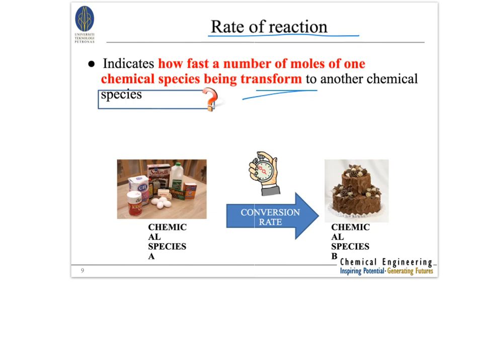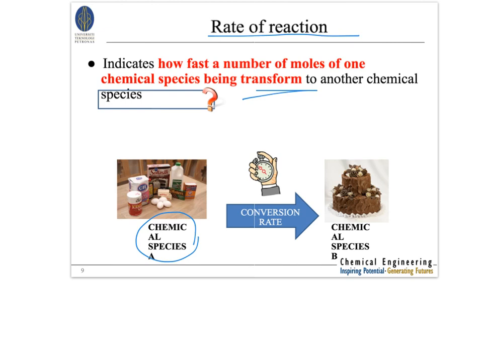Okay, so in a simple way, say you have a few materials used to bake a cake. We call it species A. And after you mix the materials, the flour, the eggs, and after a few hours, put it in the oven, you get a cake, that is species B. So the time required for you to convert from A to a cake, species B, is the conversion rate,